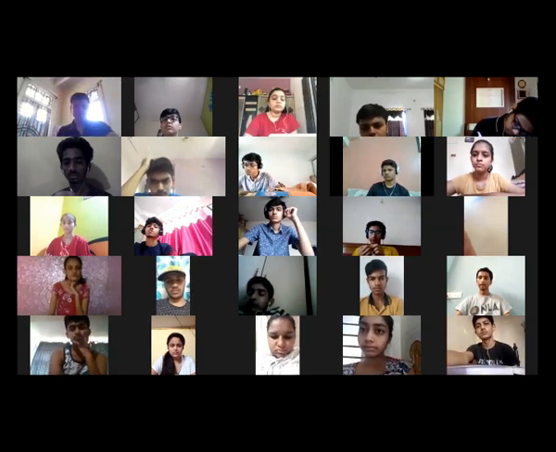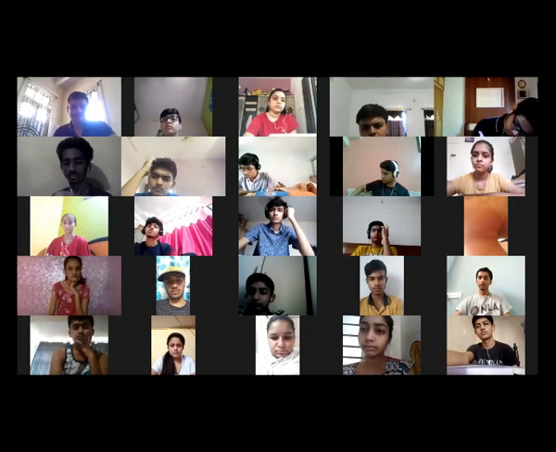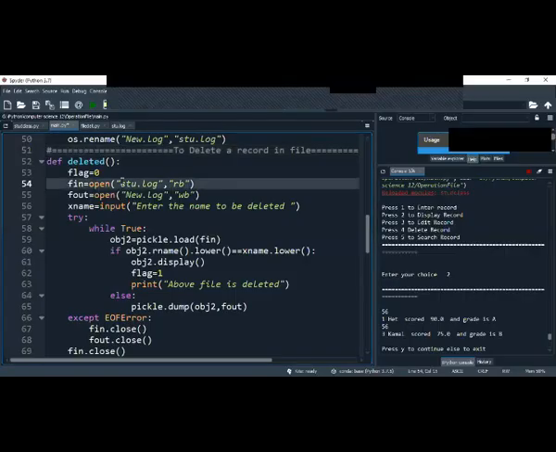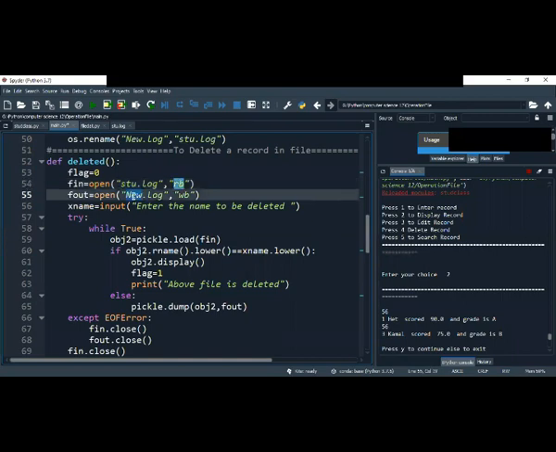Okay. Let me see how I am doing it. This is my old file, correct? I open it in read mode. Clear? Then I open my new file. You can give any name, whatever you want. After that, I open it in write mode. What does write mode do? It deletes the previous one and creates a new one.